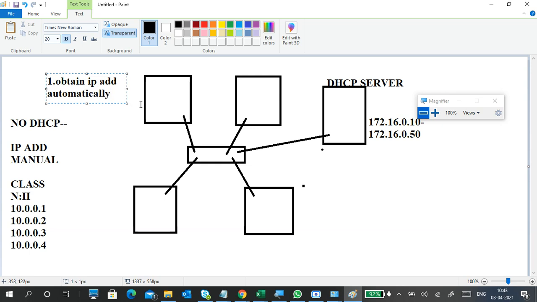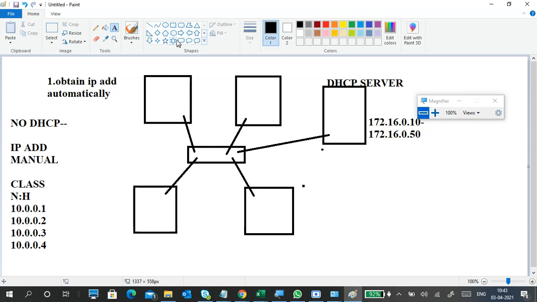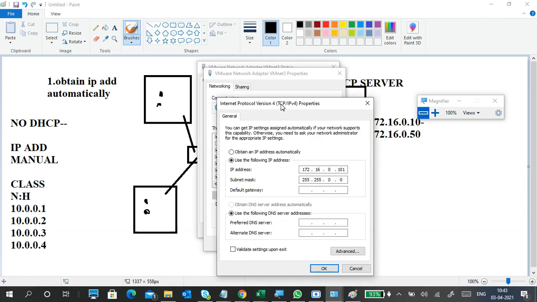So I select the first option for each and every PC. In the network adapter, I select the first option, not the second one. So I change from the second to the first option.